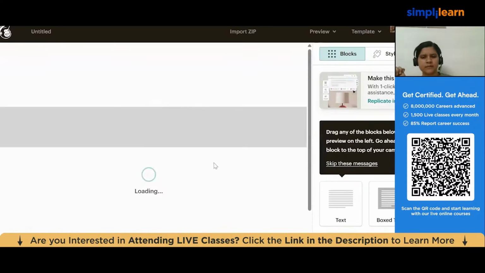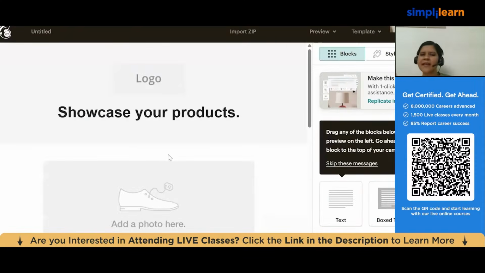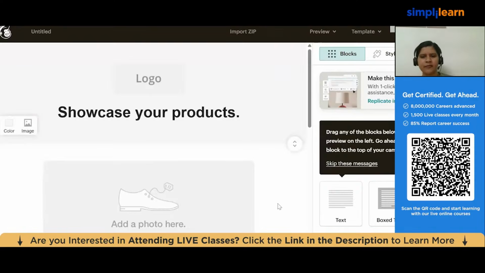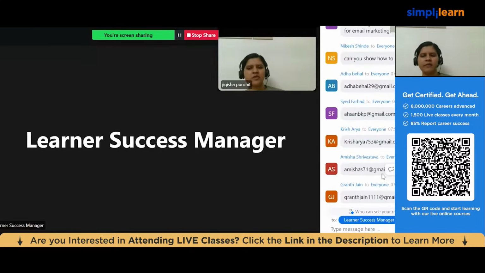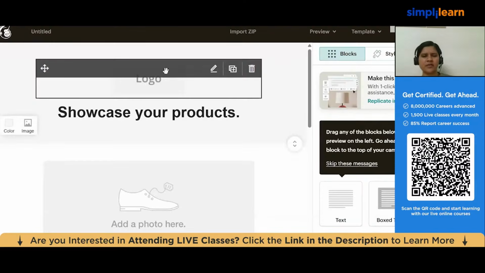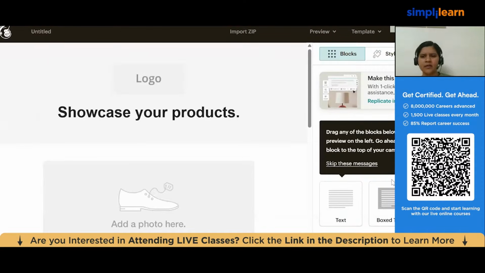So it is like your Canva only, by the way. If you don't want any segment, you can delete it. Have you guys ever used Canva? The way you use Canva is very similar to this. Let's say I don't want to use this logo section, I can remove it. Here you have all the